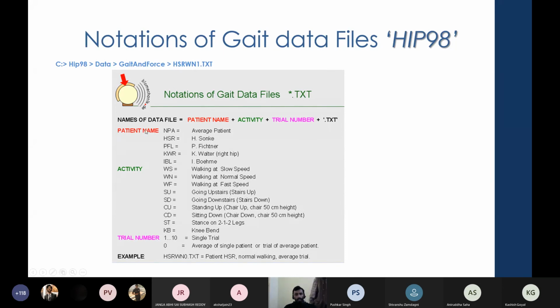As I mentioned earlier, there are 4 different patients, then 9 different activities. The trial number may go from 1 to 5 or 1 to 7, something like that.